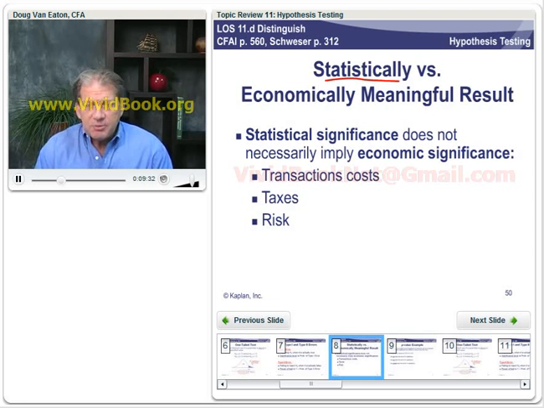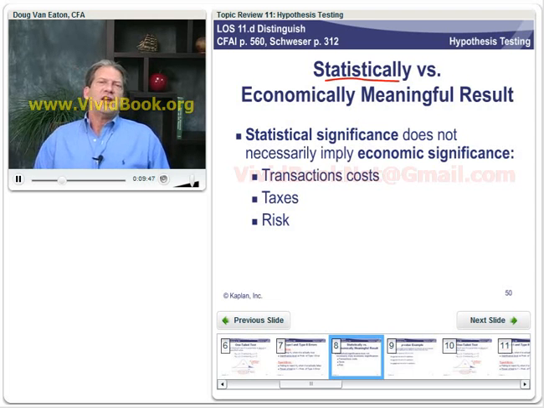Well, that could be a statistically meaningful result, but when you start talking about the transactions costs involved in trying to exploit such a portfolio strategy, or the taxes involved, or the risk